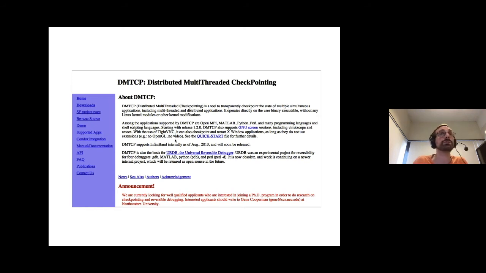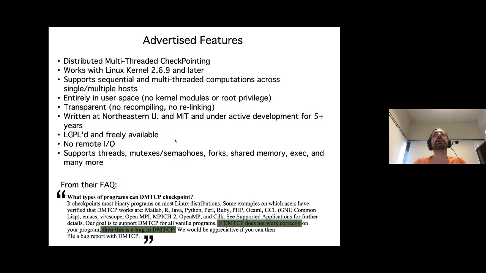But what is nice is that you don't care about the language behind it. You don't care about a lot of stuff, and you know that it's always going to work. There are plenty of features. It works for MPI programs and multi-threaded programs. What is really important is that it's completely in user space, so you don't need privileges. You can run DMTCP for any program that you want, and you don't need permissions from us to do that.